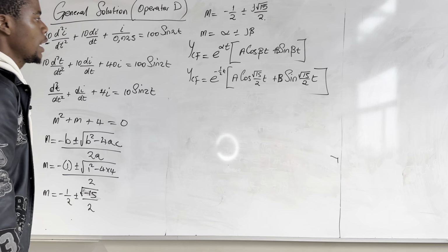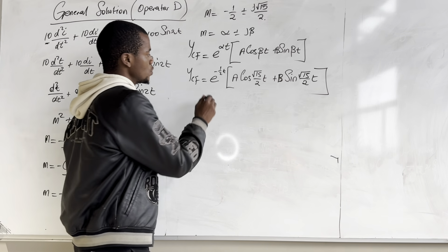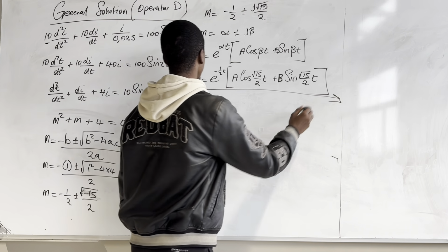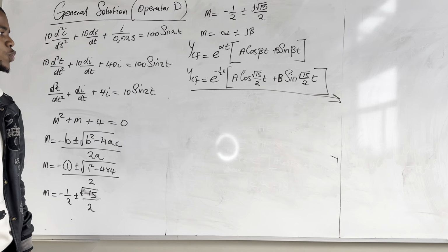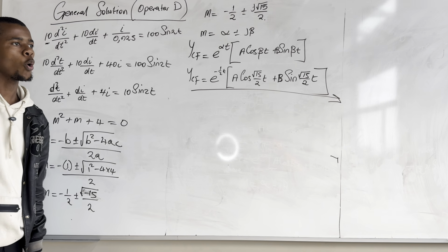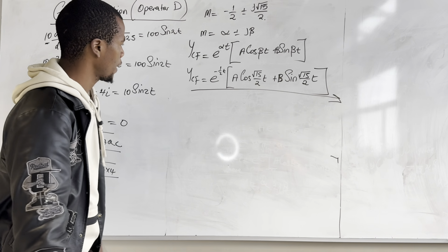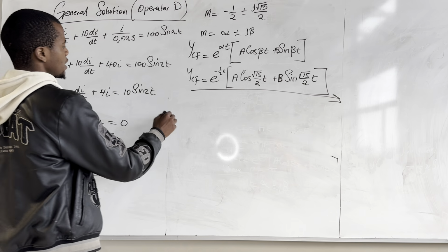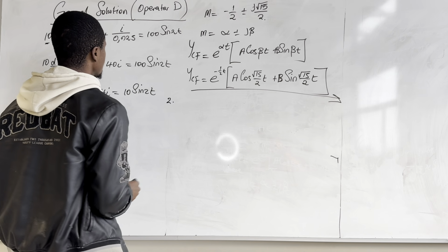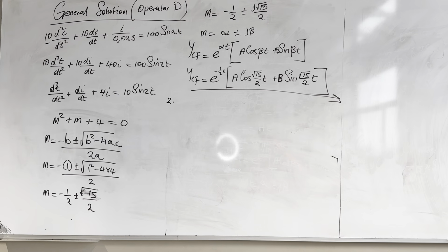Okay. And then we continue. So this is our complementary function. We used the complex numbers that I explained earlier on. Okay, sharp. So now the second step is to find the